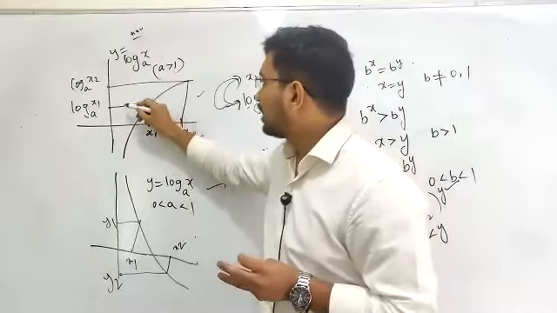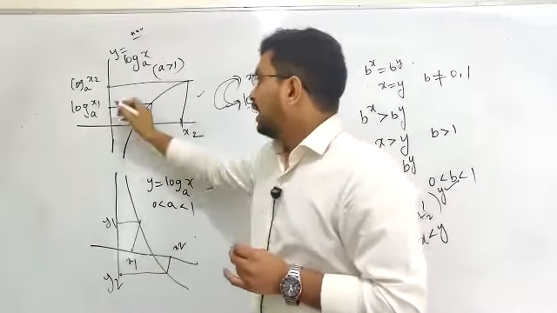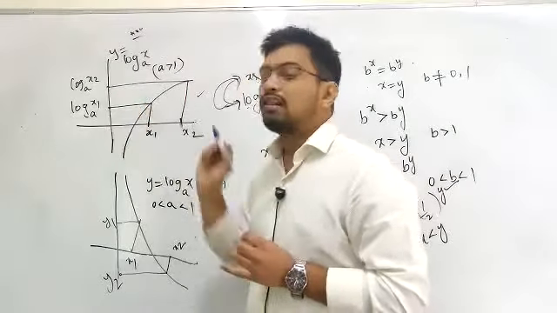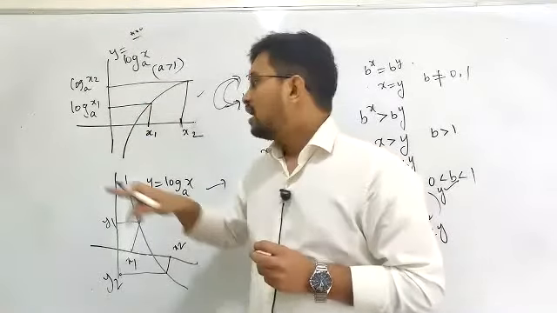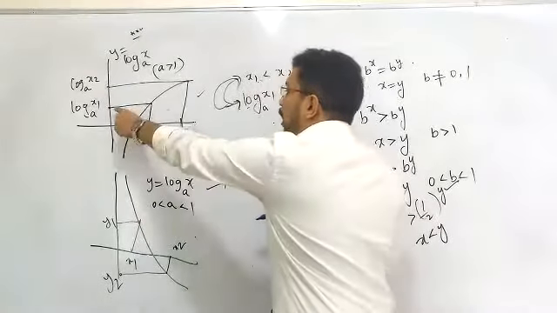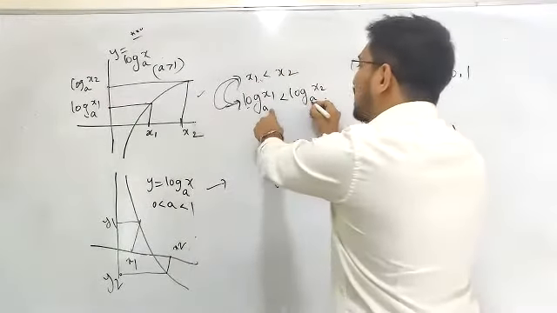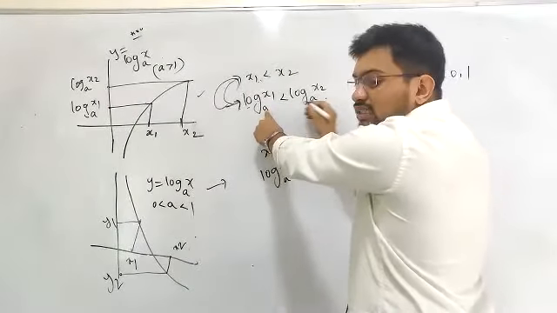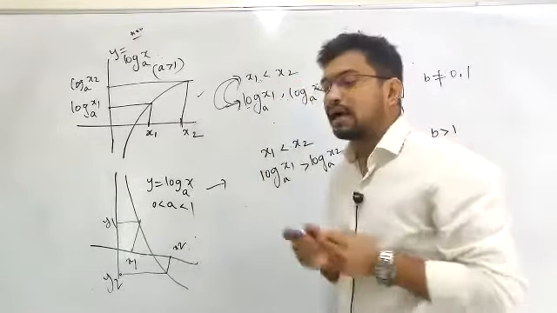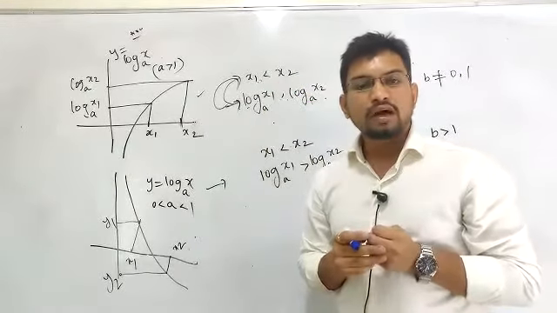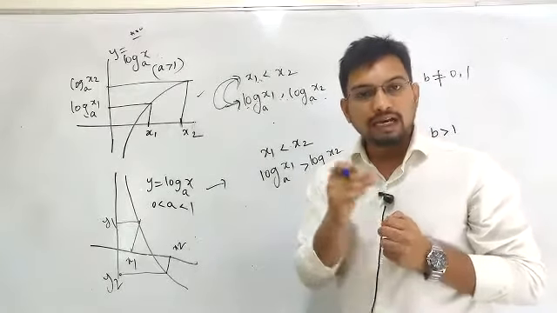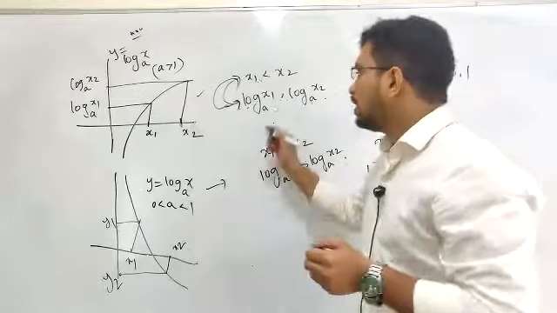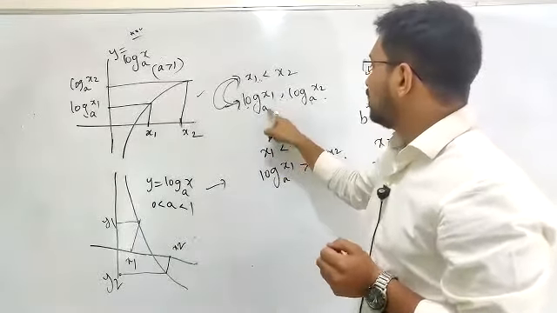If they give you something like, if the base is greater than 1, log x2 to the base a is greater than log x1 to the base a, let's say this is given in the question. Whenever they give you something like this, as the bases are equal, when the bases are equal, we compare the arguments. With respect to logarithms, if the bases are equal, then we'll be comparing the arguments. So when we are comparing that argument, go in the reverse manner.